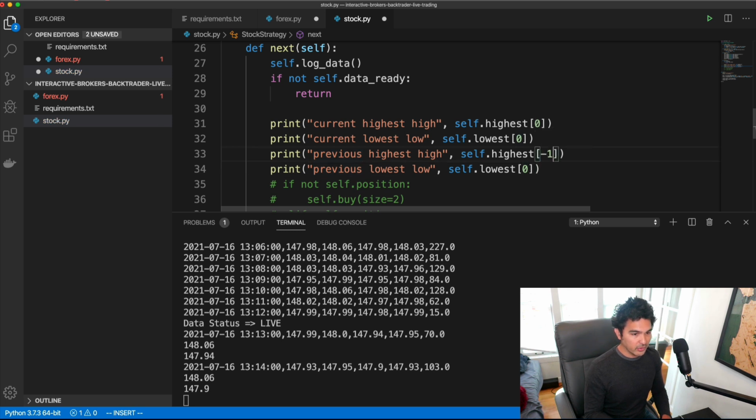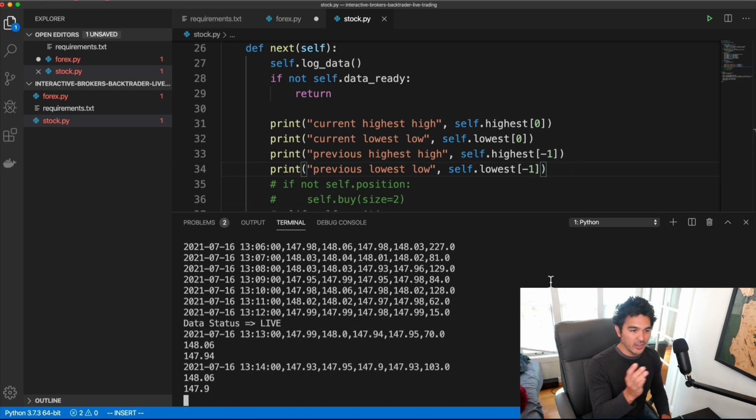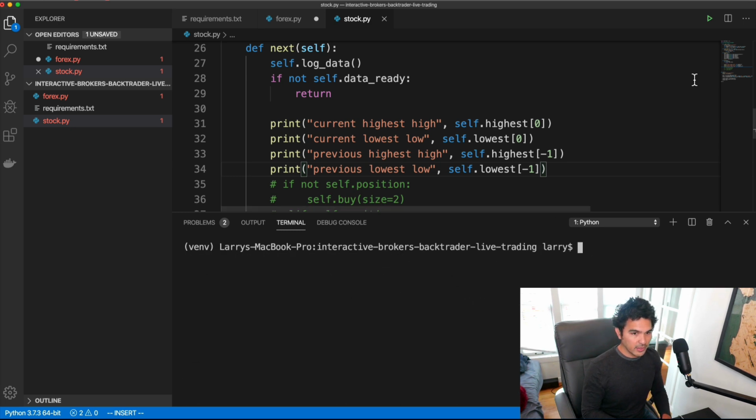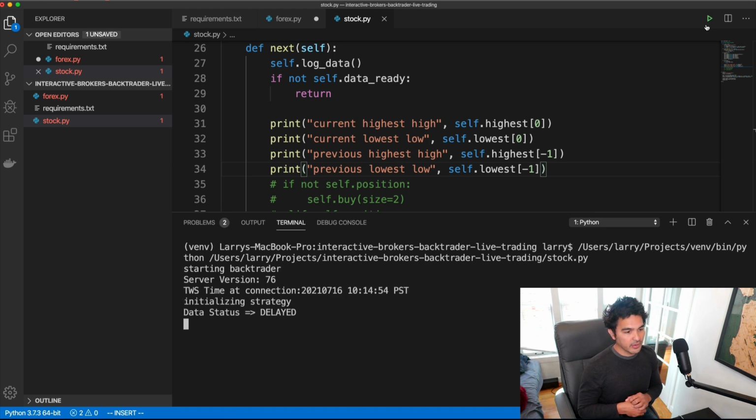So for the previous one, I could do -1, right? And so if you want to compare the current bar's moving average to the previous one's moving average, that's what you would do here. And so you can see how your indicator values change over time as well, not just your open, high, low, close. And so let me run this one more time with this new code here, and just so you can